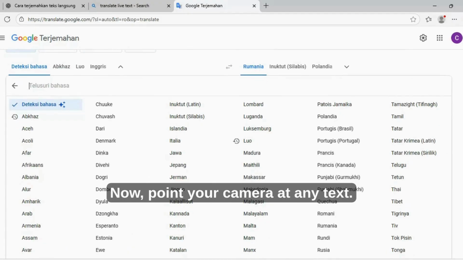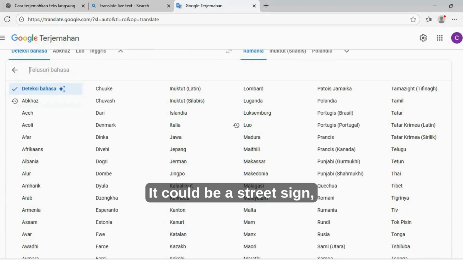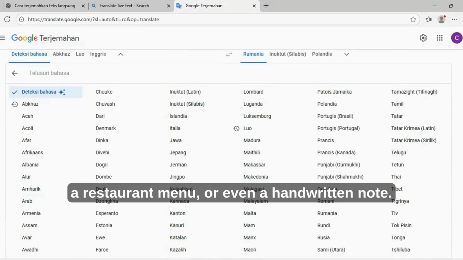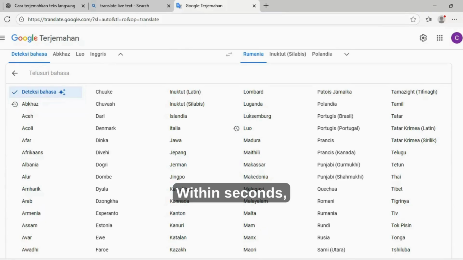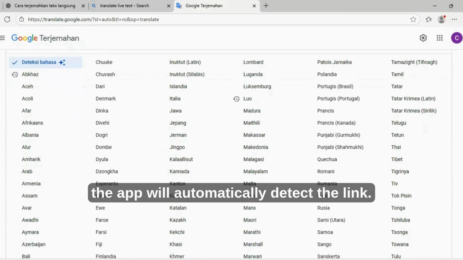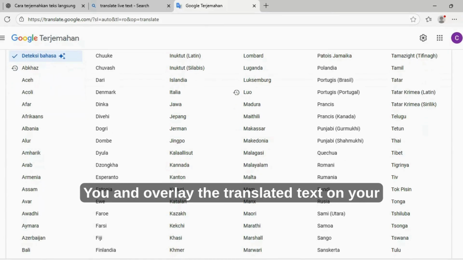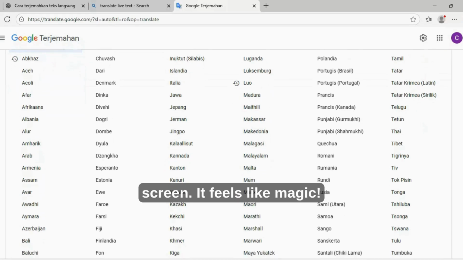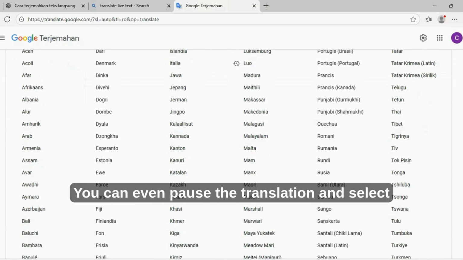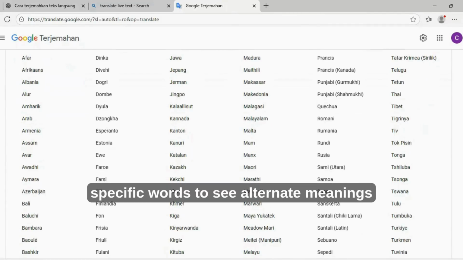Now, point your camera at any text. It could be a street sign, a restaurant menu, or even a handwritten note. Within seconds, the app will automatically detect the language and overlay the translated text on your screen. It feels like magic. You can even pause the translation and select specific words to see alternate meanings or hear